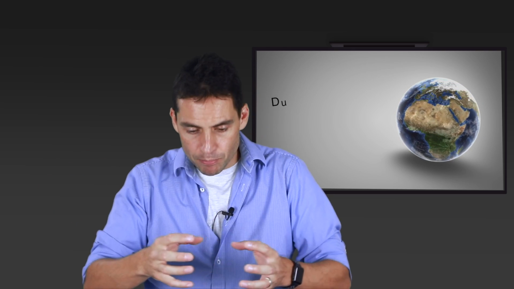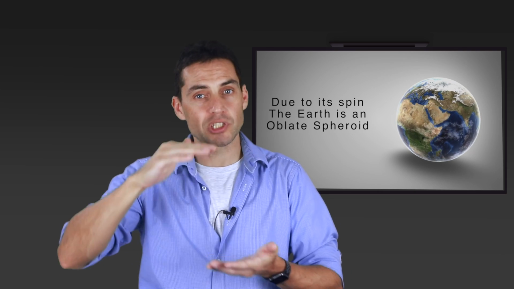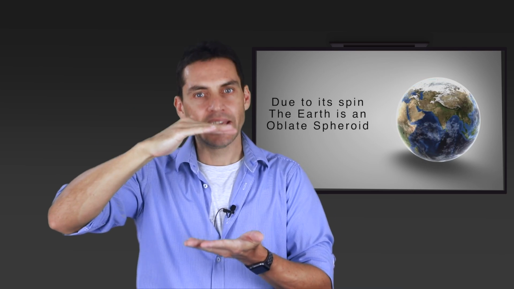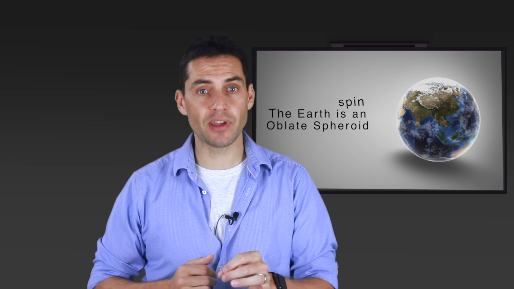One thing that his calculation also implied was the Earth itself was a perfect sphere, and that is not actually the case. Since the Earth is spinning on its axis, it actually bulges out in the middle and therefore is slightly flatter at the poles. It's actually what's known as an oblate spheroid.